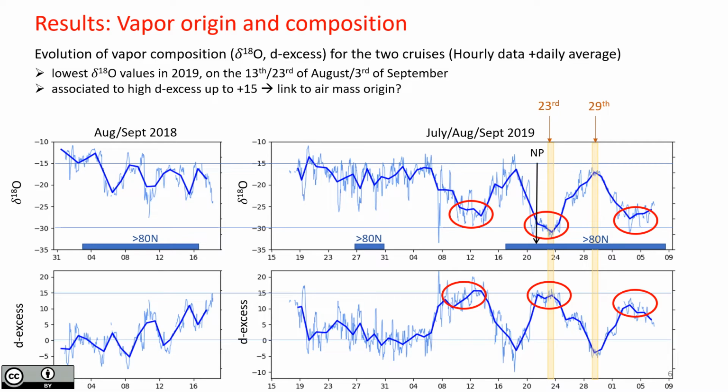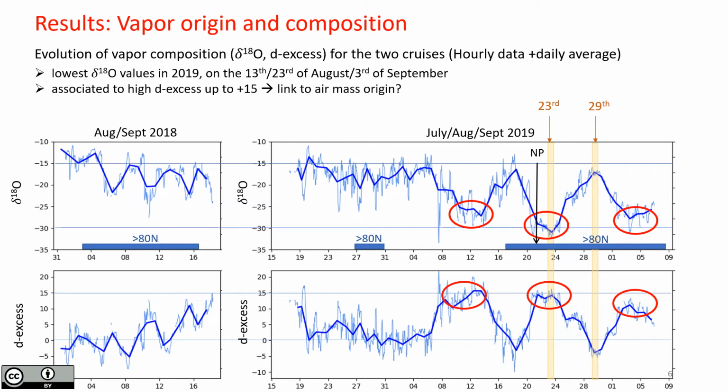Here I present the results for delta weighting and deuterium excess in the vapor that was measured continuously during the campaign. For the left panel we have the 2018 campaign, and for the right panel we have the 2019 campaign, and delta weighting is at the top, deuterium excess is at the bottom. For the 2019 campaign, there was first quite high delta weighting values until the 8th of August,